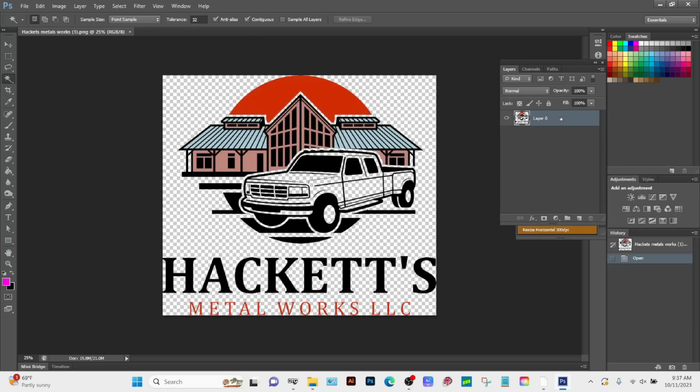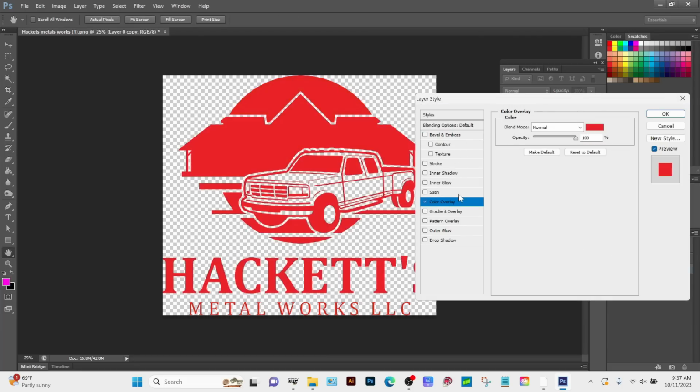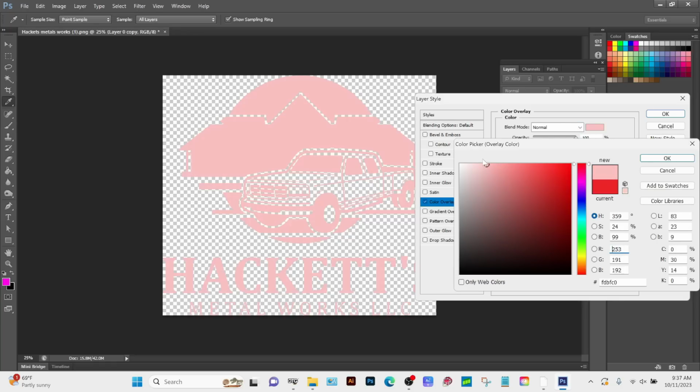So firstly, I want to always duplicate the layer. So we can click this layer and drag it down here, and we will hide the layer in the background, the layer beneath this layer here. And the first thing that I want to do is to show you the layers panel here. So you'll double click. We can go to color overlay. You can see it always defaults to red,